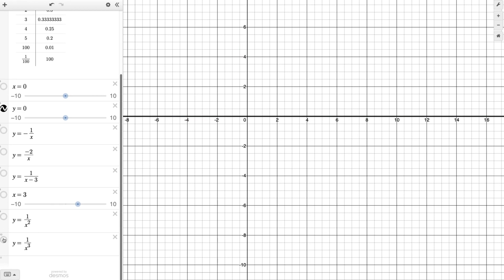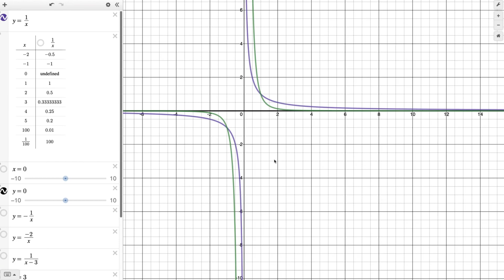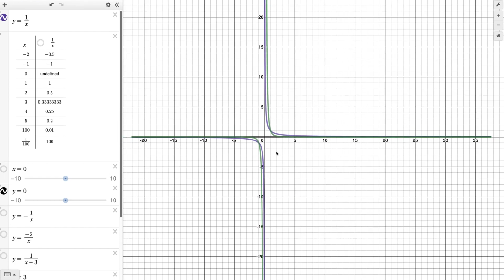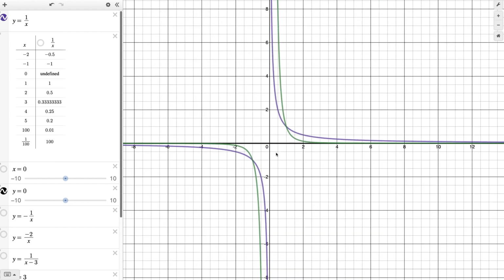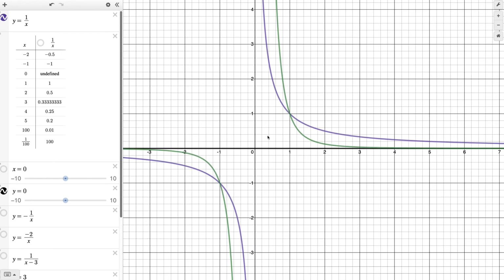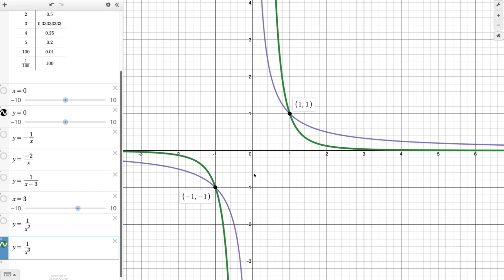What happens if we go to 1 over x cubed, so that's x to the minus 3 power? Again, we're going to have a problem at x equals 0. The domain is all real numbers except 0. And you're going to get this skyrocketing behavior again. Okay? It looks a lot like 1 over x, but the numbers are actually growing faster in the case of 1 over x here. Okay? Well, anyways, take a look at this. Okay, they happen to intersect right there. We don't care about that, but that's a nice feature for